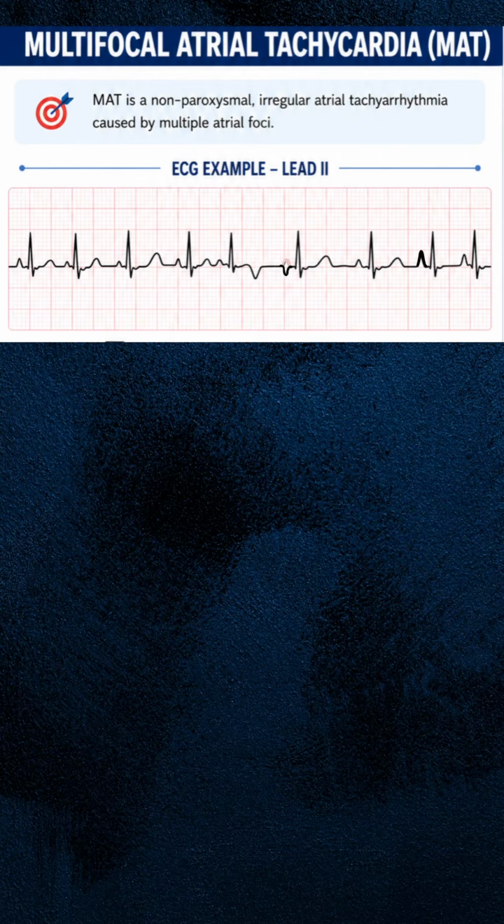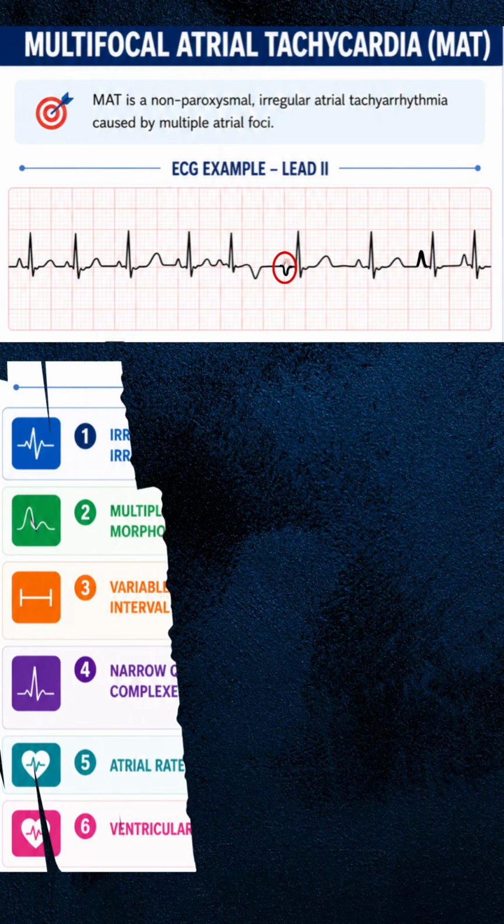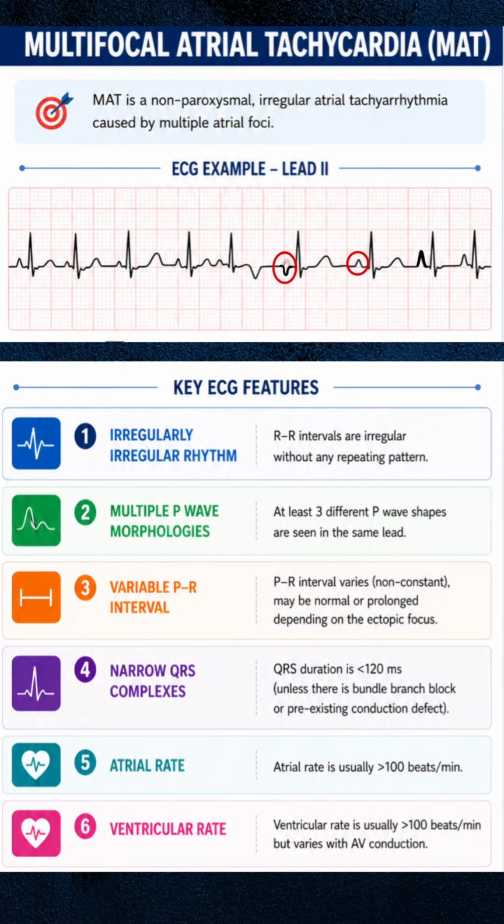Okay, so this non-paroxysmal irregular atrial tachycardia is known as multifocal atrial tachycardia. Now, if you notice the ECG, you'll see that the first P wave that I marked with red circle appears inverted, the second one appears normal, and the third one appears tall and tented. Now, this occurs because multiple atrial foci are present, which produce different kinds of P waves and give us